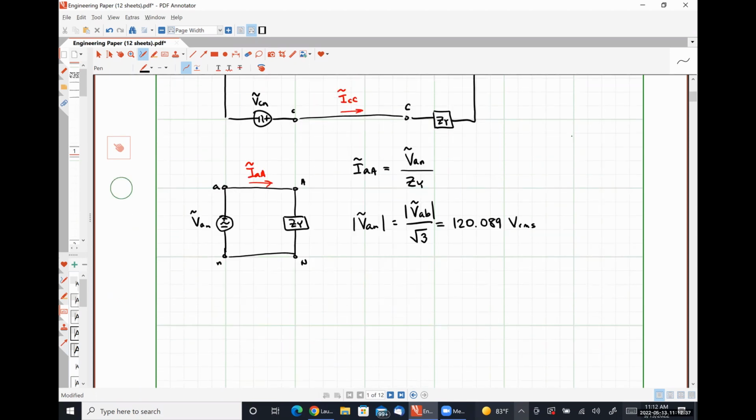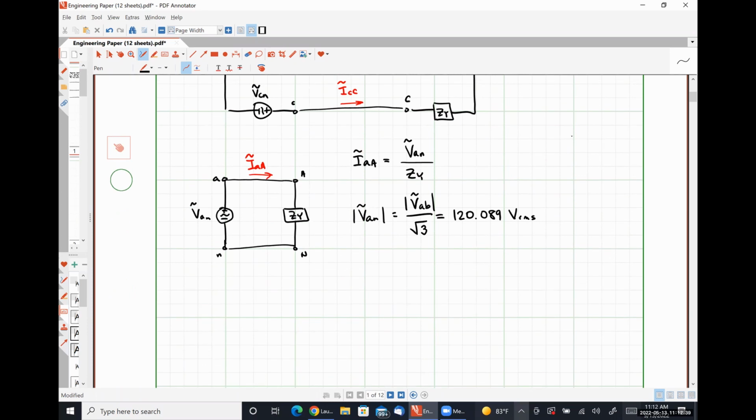And so from this, our line current, IAA, is 120.089 angle 0 degrees volts RMS divided by our Y impedance of 36 plus J12 ohms,